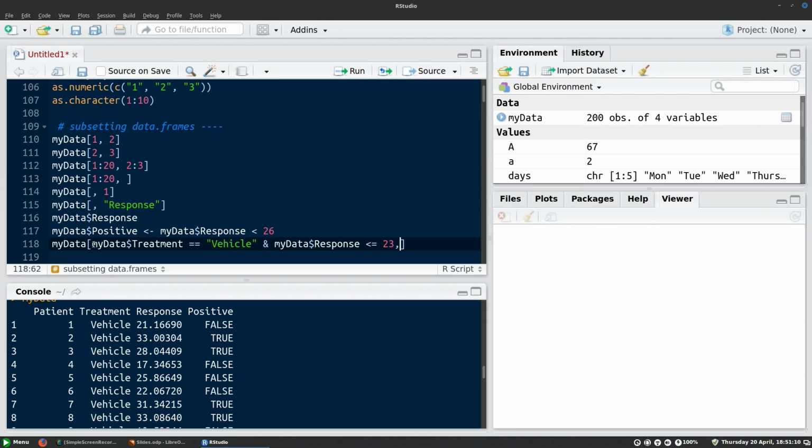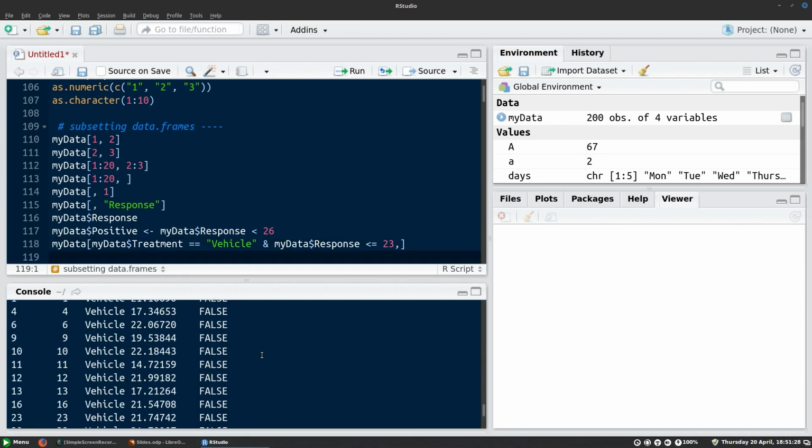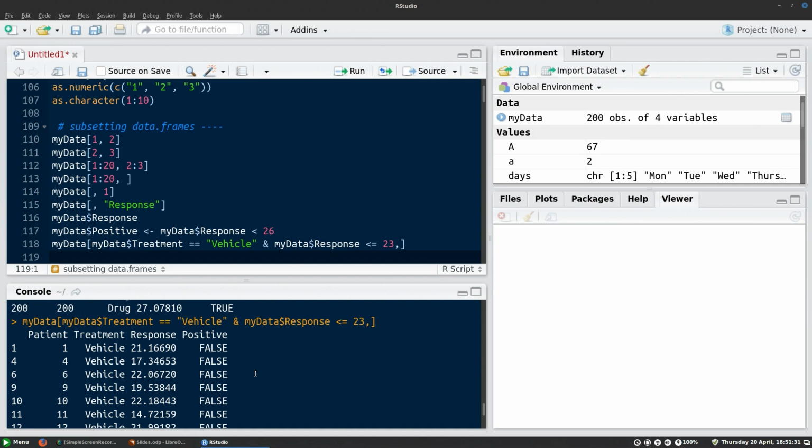We basically said if the value in my data, if the row is part of the vehicle group, and the response is smaller than or equal to 23, return that row. So if we run that, it returns this subset. Does that make sense? So we basically subsetted our data based on combining two separate criteria with a Boolean logic,